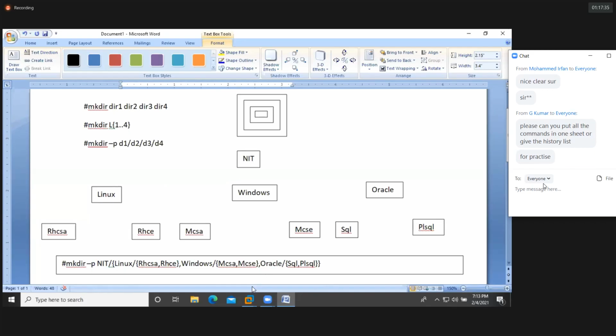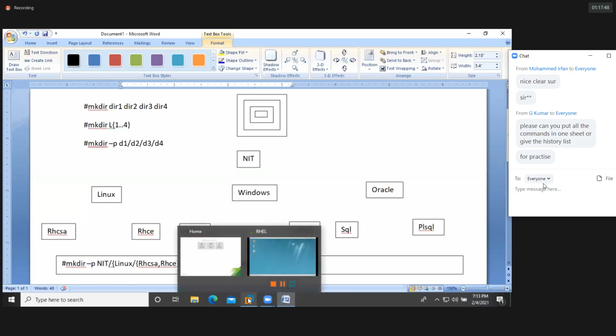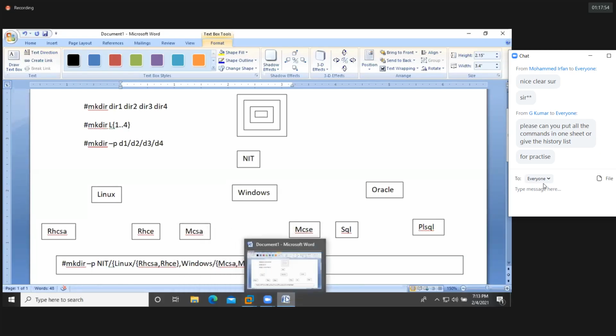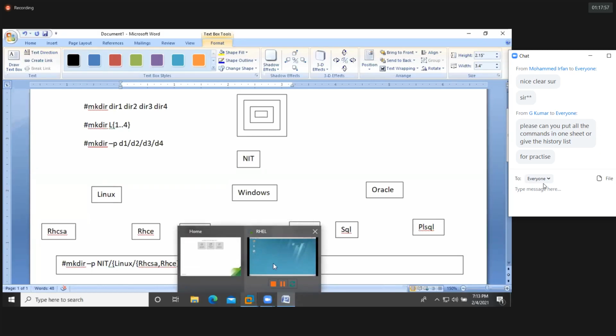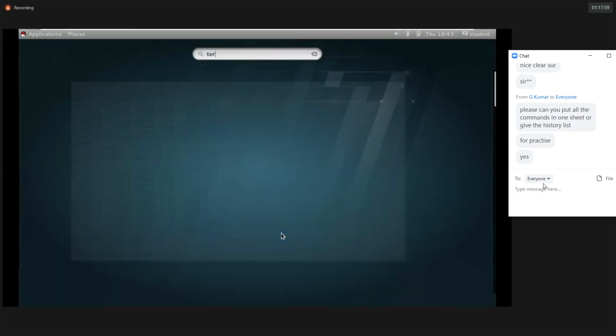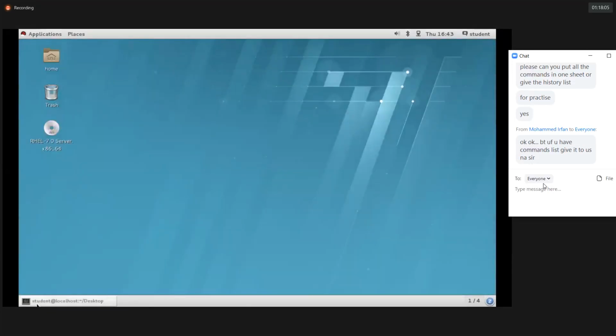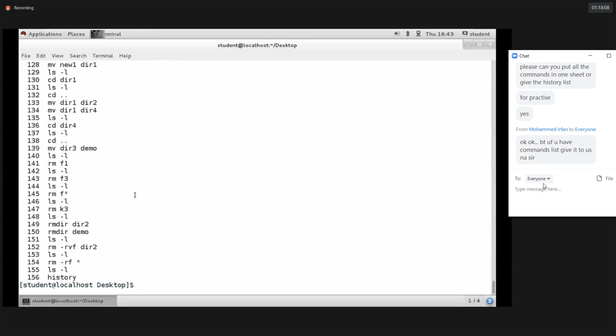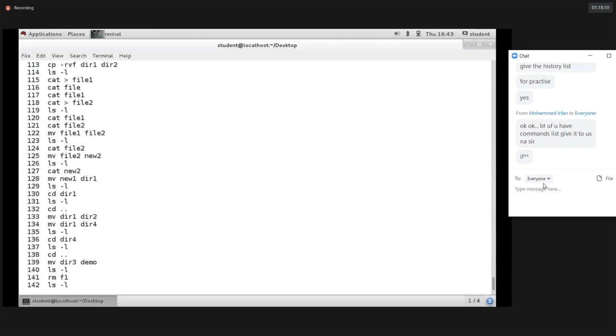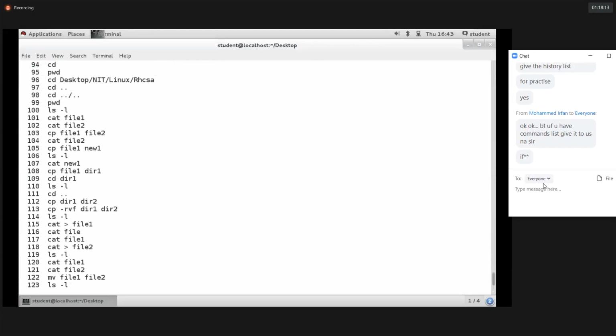So I think it's not possible, guys. I'm teaching multiple classes because I need to reset this machine. After resetting this machine, we are going to lose all the history commands. Okay, Kumar, clear. So if you require, then I'm going to keep it in your chat box. You can copy it and paste it into one file. Every day I'm keeping the history, what I'm doing, the practicals, everything, in your chat box. Please, if you want, you can copy and paste into your file.